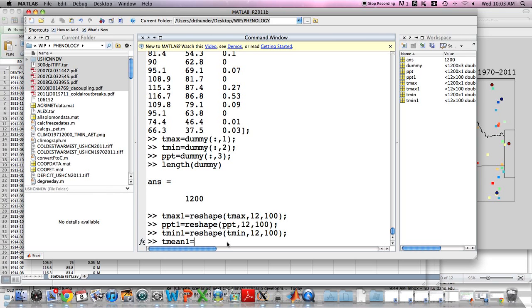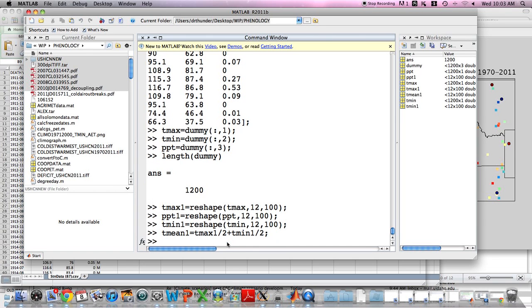Tmean1 is equal to tmax1 divided by 2 plus tmin1 divided by 2. So it's really just the average of those two variables. Now we've created a new variable called tmean1. If you recall, these variables are all in standard units, so we're going to convert them over